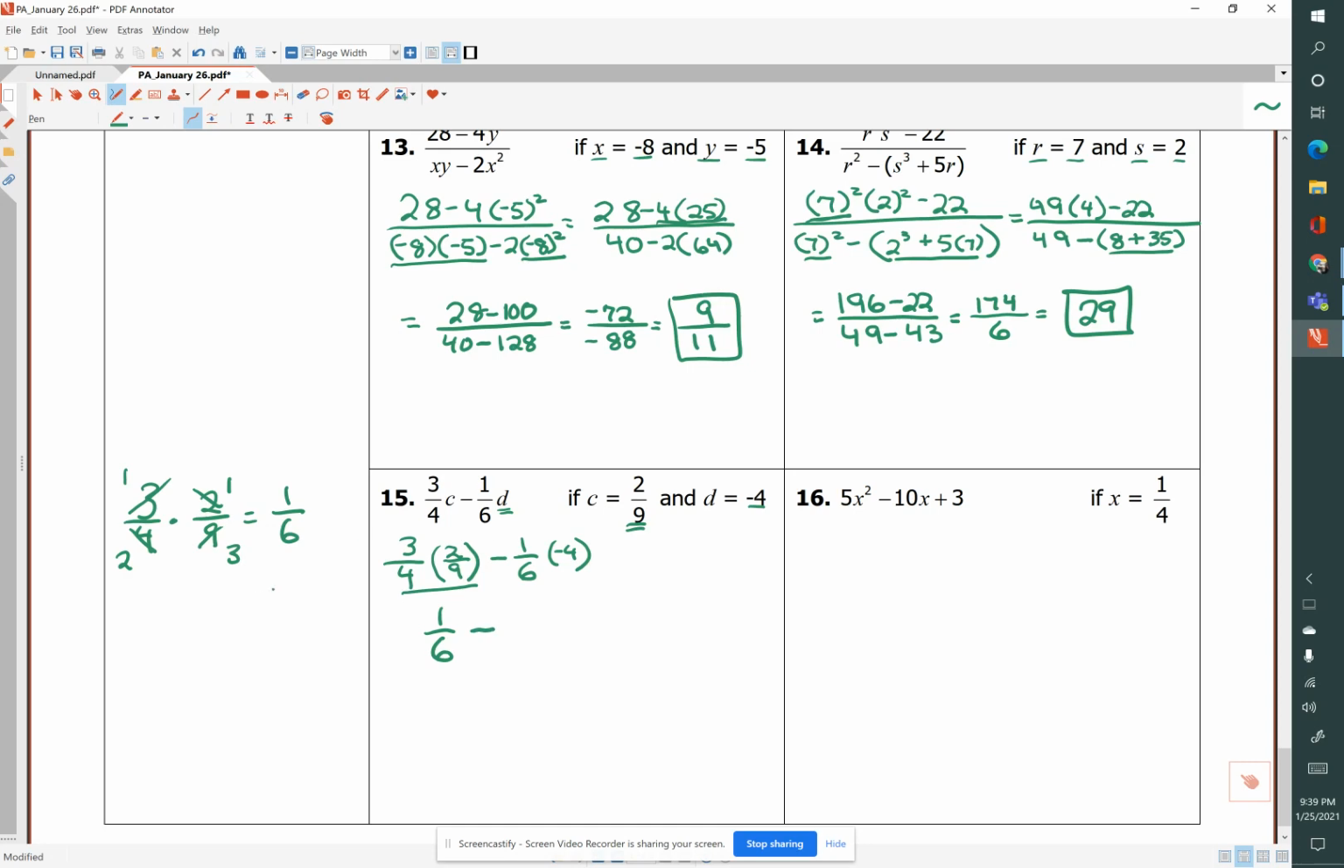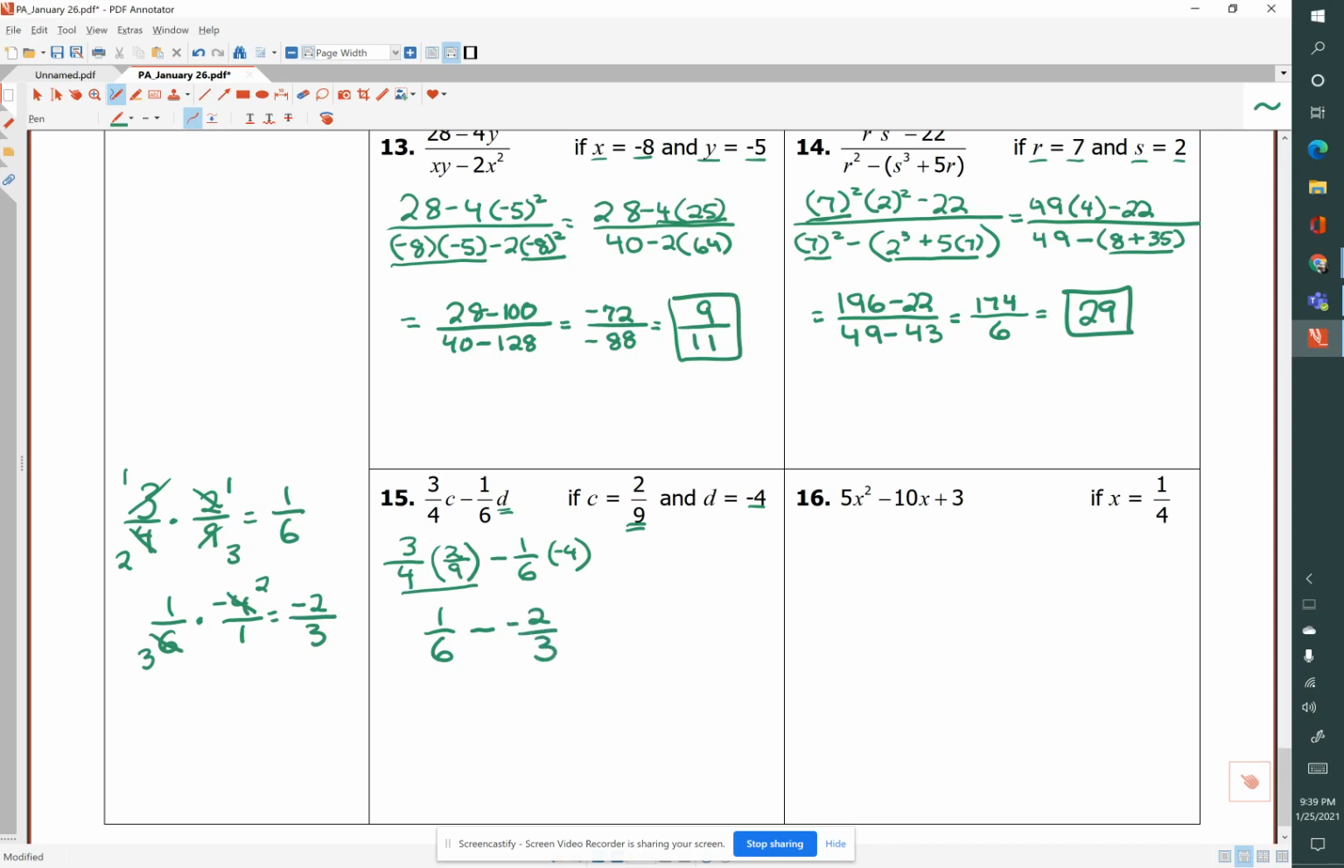Minus, now we have 1/6 times -4. So 1/6 times -4, we'll put that over 1. 4 and 6 are both divisible by 2. 4 divided by 2 is 2. 6 divided by 2 is 3. So 1 times -2 is -2. 3 times 1 is 3. So this will equal